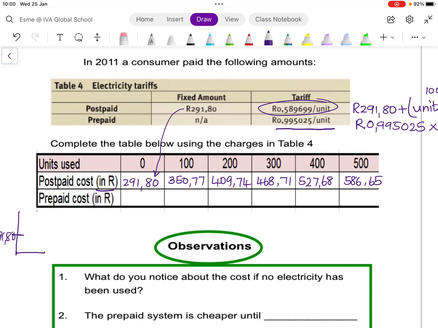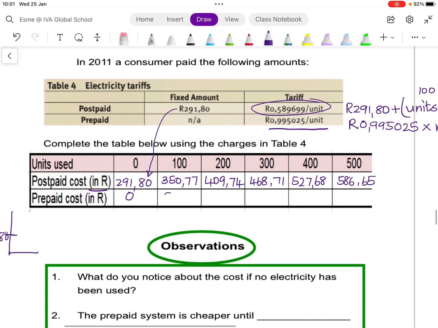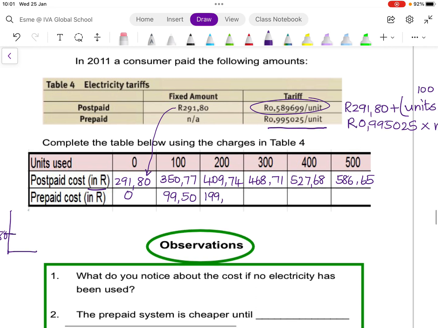0.995025, and I will get 0. Remember, no units used or no units bought, I pay nothing. For 100, it is going to be 99 rand and 50 cents. For 200, it will be 199.01. For 300, it's going to be 298.51. For 400, it's going to be 398.01. For 500, it is going to be